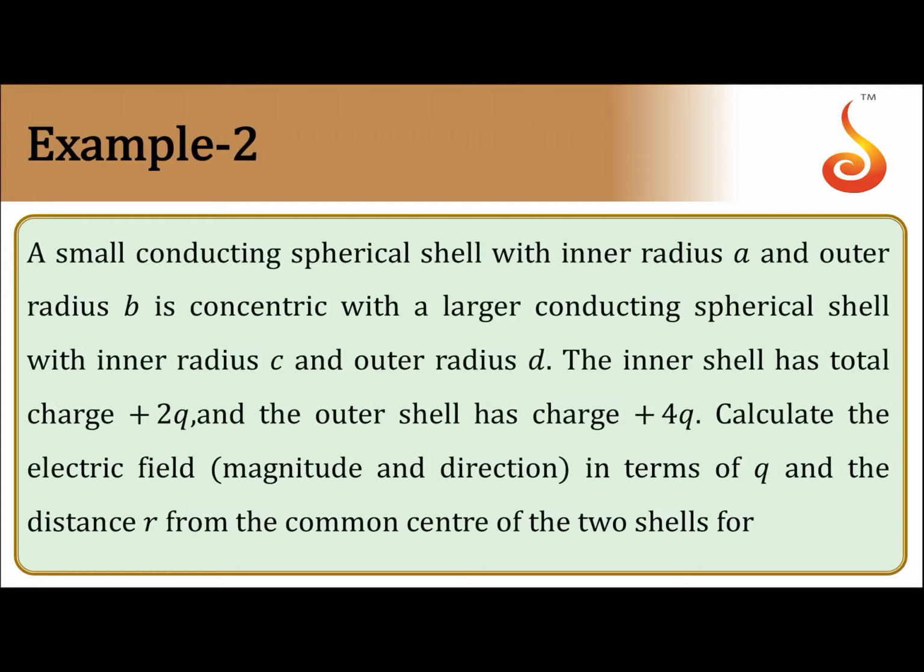A small conducting spherical shell with inner radius A and outer radius B is concentric with a larger conducting spherical shell with inner radius C and outer radius D. The inner shell has total charge plus 2q and the outer shell has charge plus 4q. Calculate the electric field in terms of q and the distance r from the common center of the two shells